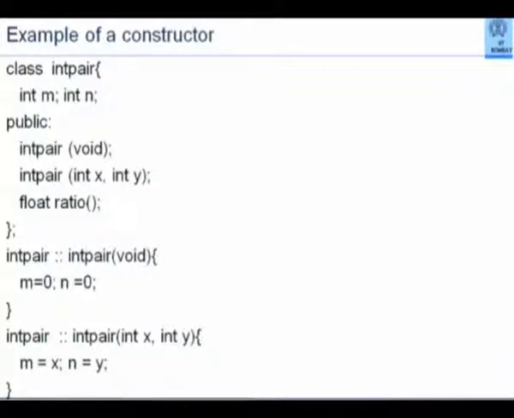On the other hand, there might be instances where I want to create an object and give specific values to the elements m and n. Such a possibility is implemented by another variation of the same constructor function. So notice that the constructor function can be defined multiple times. This is one way of defining it, this is a second way of defining it. Now, we have said that each function must be uniquely understood. How can the same function name be defined at multiple places? How will we understand which function is being called?